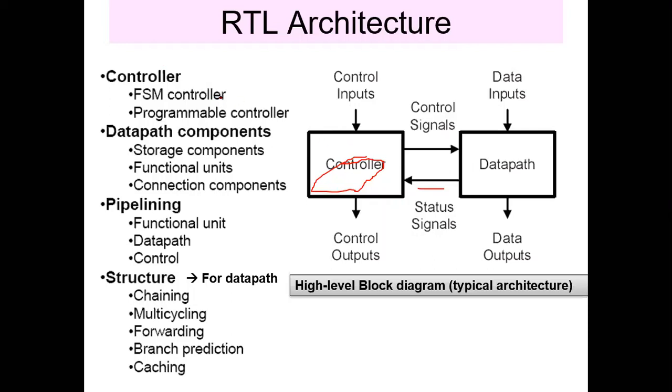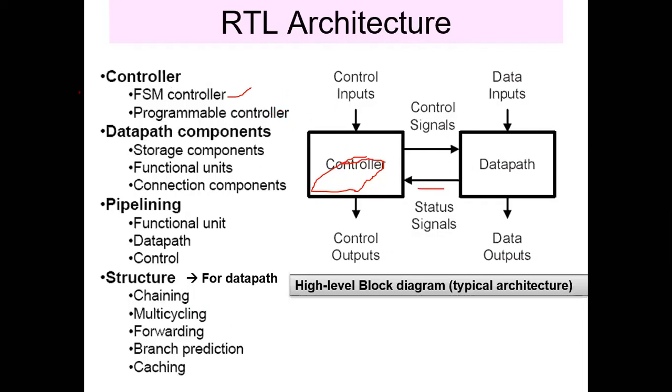For simple designs, we can use an FSM based controller, or finite state machine based controller. It will be enough. We define the different states required for this particular design, and depending upon the control signal, the next state is found, and switching to that corresponding state takes place. That is what an FSM based controller will do.